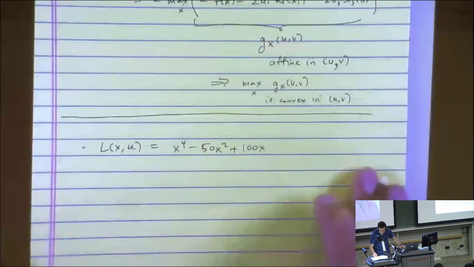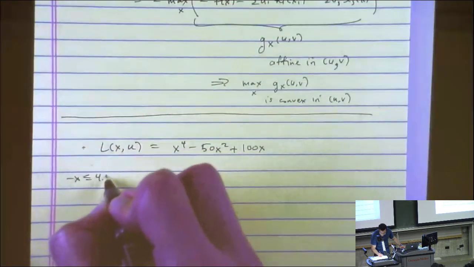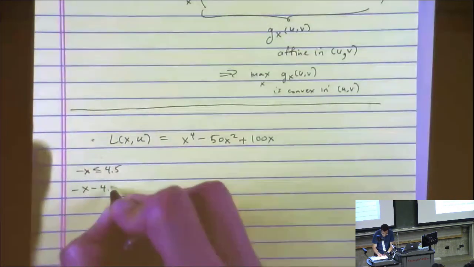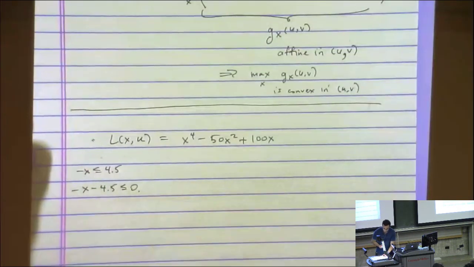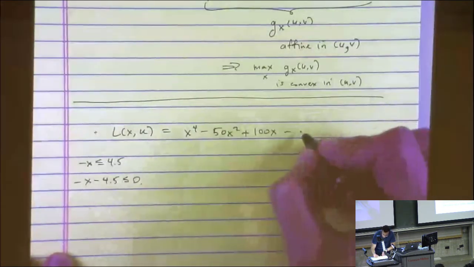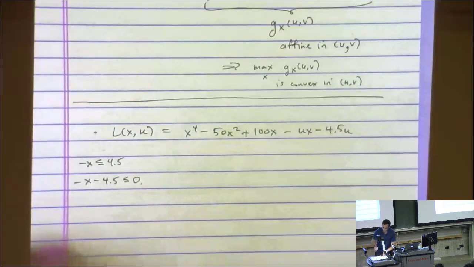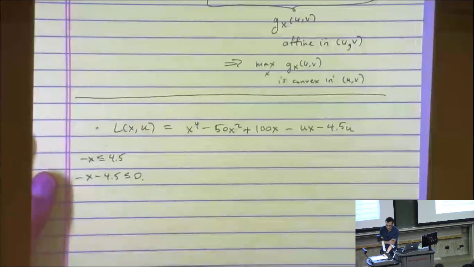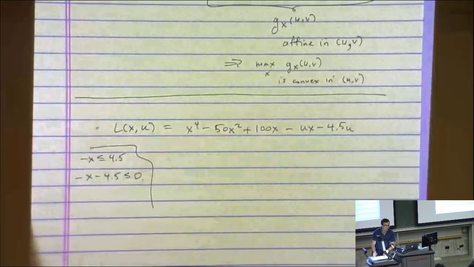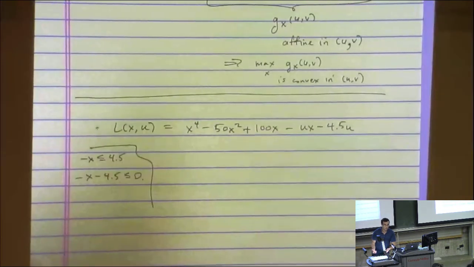And I have u times the constraint that minus x is less than or equal to 4.5. Or in other words, I can write this as minus x minus 4.5 is less than or equal to 0. Right, so I get minus ux minus 4.5u. That's my Lagrangian. Okay. Take a derivative and set this equal to 0 and see where its minimum occurs and